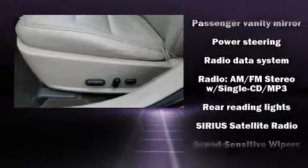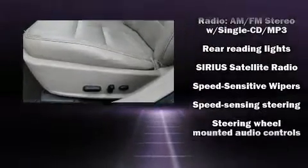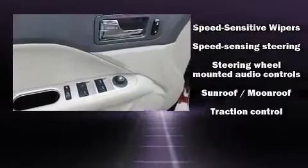With side curtain airbags supplementing the rest of the safety network, you can be assured that you and your passengers will